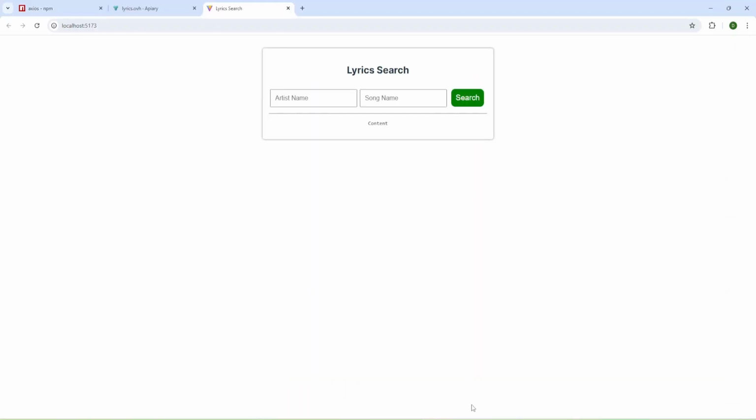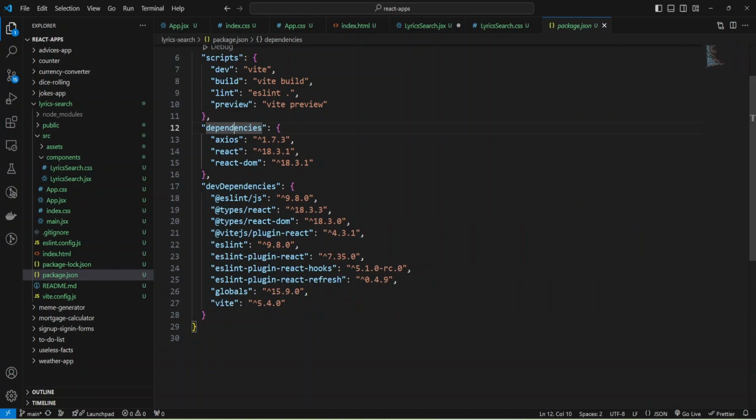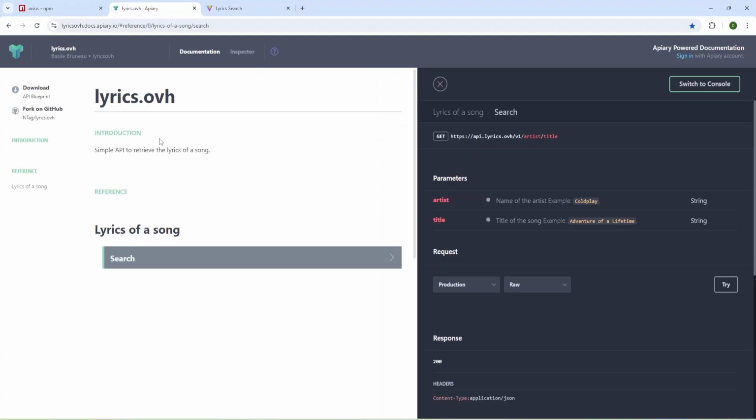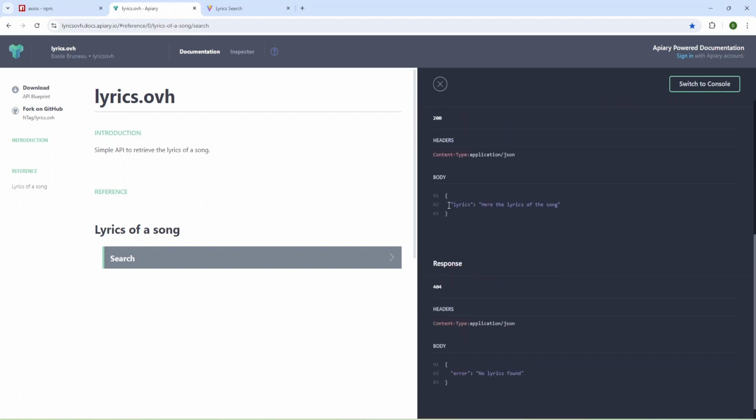and hide this panel, and as API I'm going to use lyrics.ovh, and as you can see, we can make get request with API version 1, and we need to provide artist name and title, and it should return our lyrics inside the body.